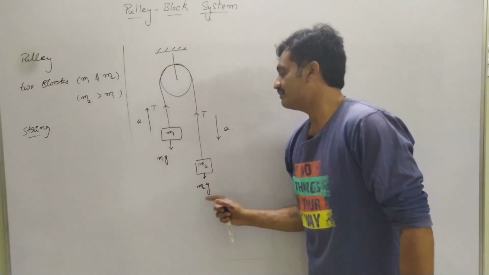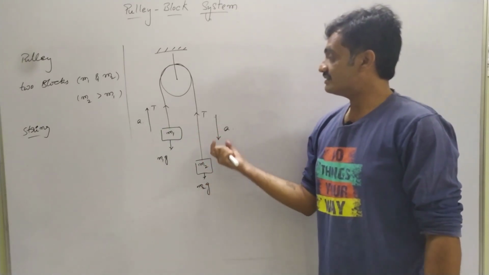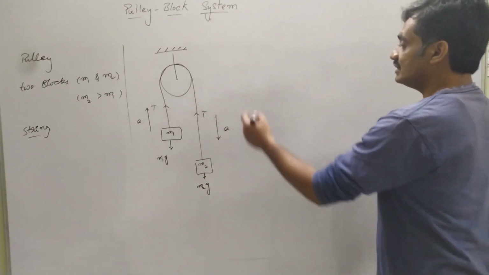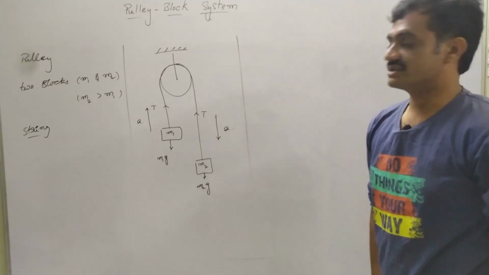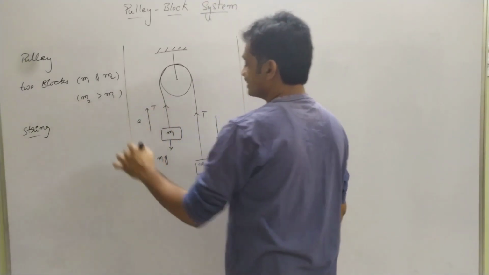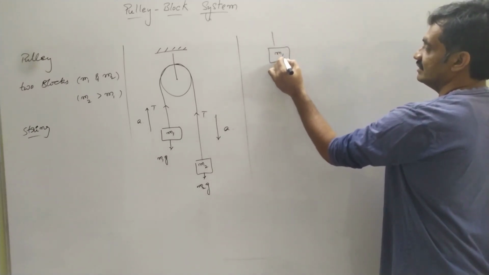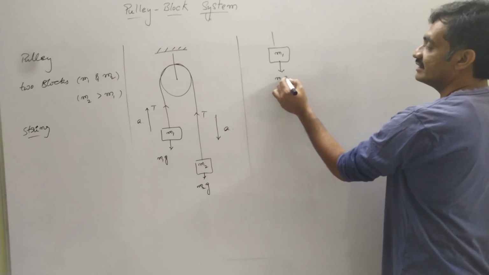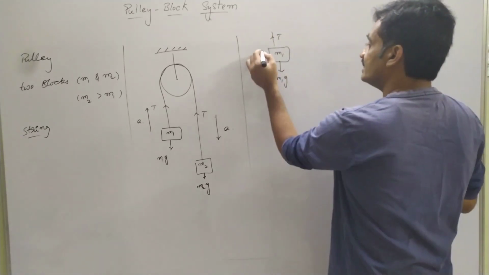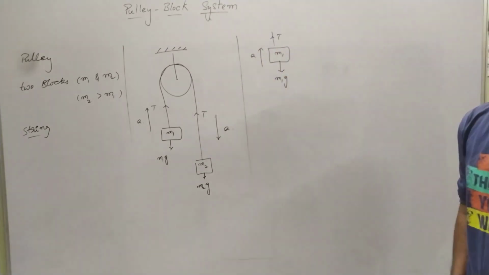Based on this diagram, now we have to represent the common acceleration of this system as well as the tension acting in the string based on these two masses. So let us find out the common acceleration. In order to find this, first of all we consider this mass m1. As we consider mass m1, weight acts in the downward direction as well as tension acts in the upward direction. Whereas observe that here the body is moving in the upward direction with the acceleration a.